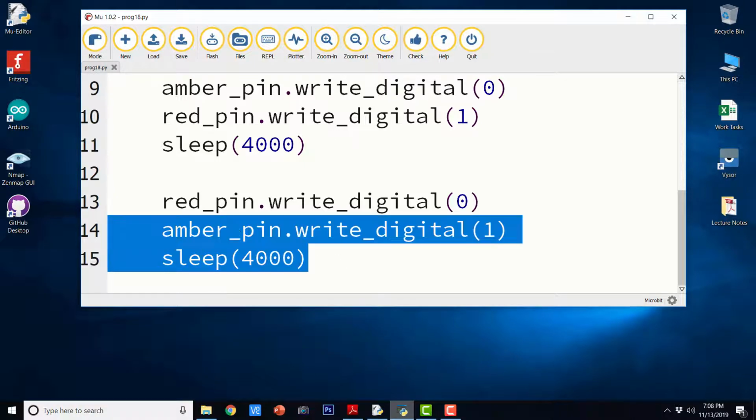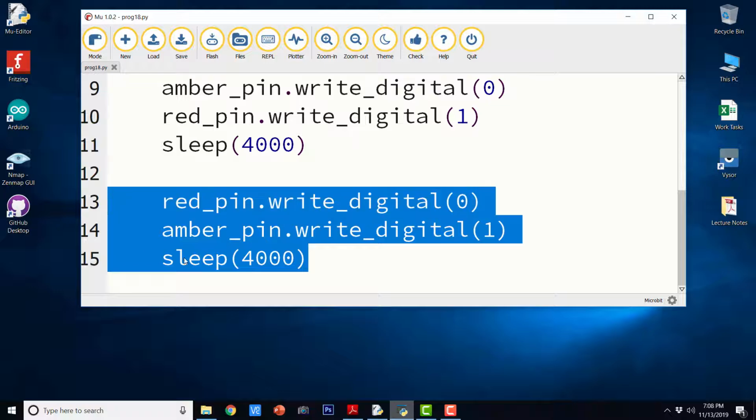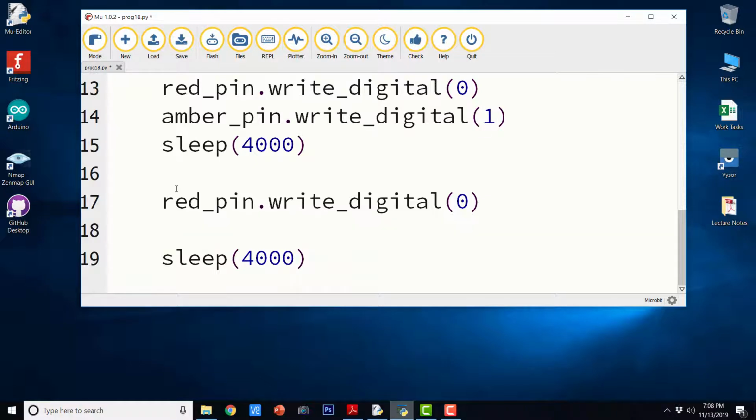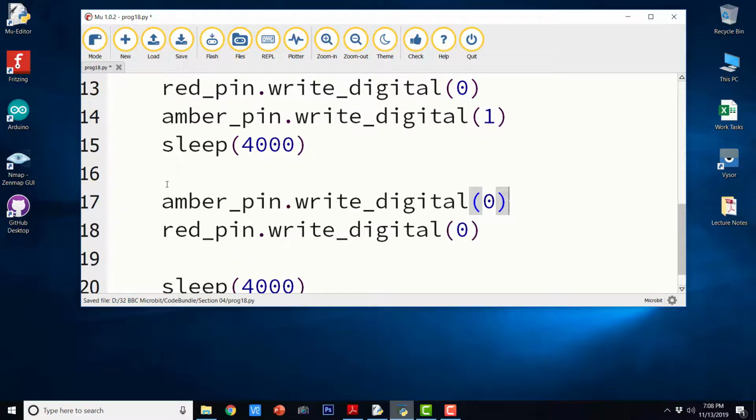Now let us go ahead and write the third step. So amber pin should be turned off and green should be turned on. It's very easy.